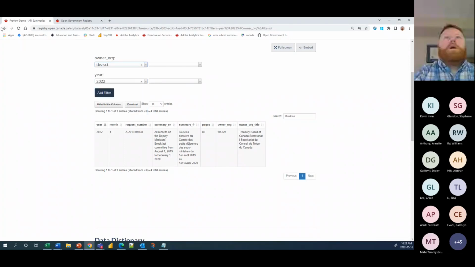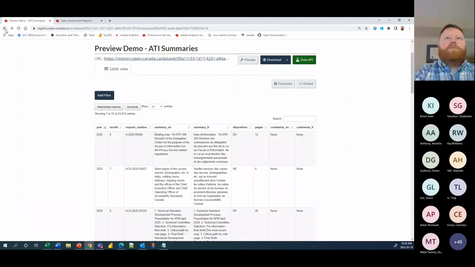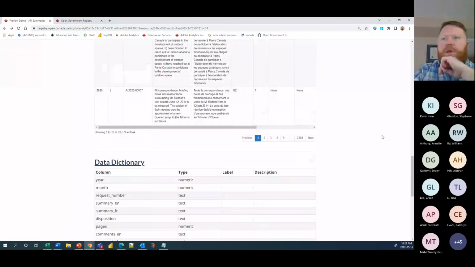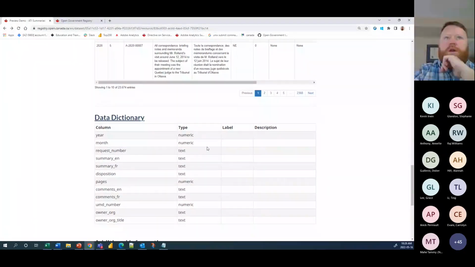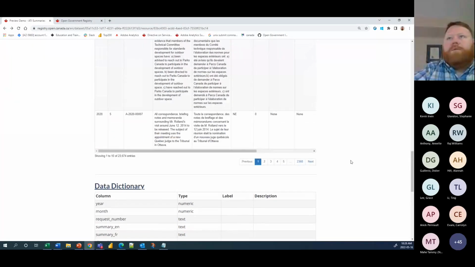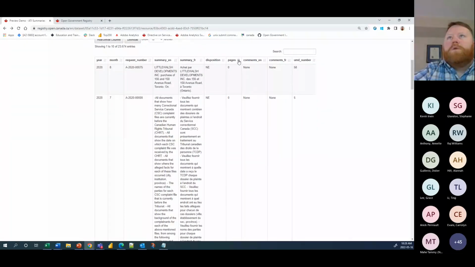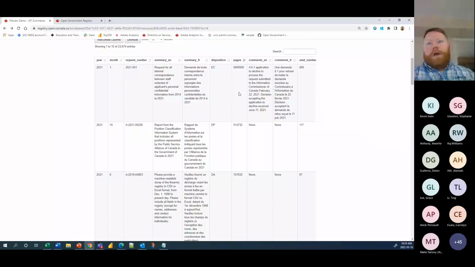Also, just refresh that, get back to the unfiltered version. And I just wanted to also make a note about the data types. So in this example, I've gone and selected the right data types for certain columns. I've applied numeric when it's a numeric column, and then I am able to sort by, for example, number of pages,